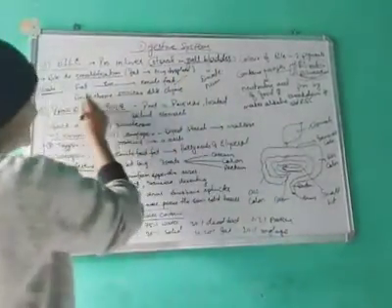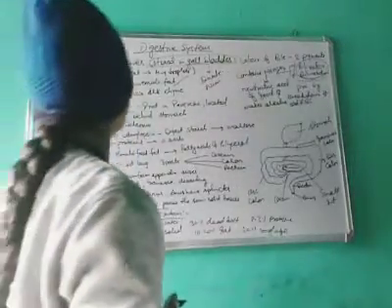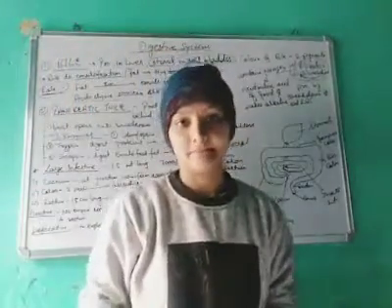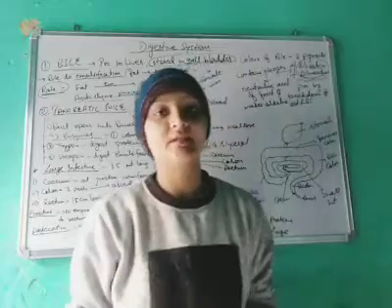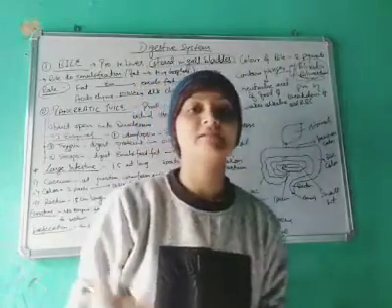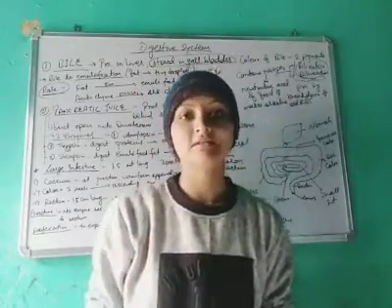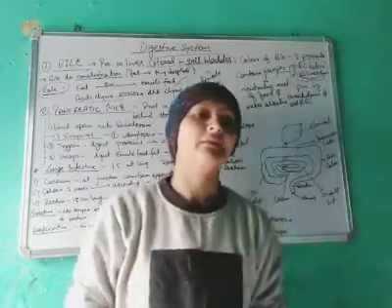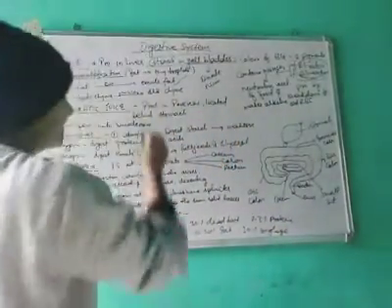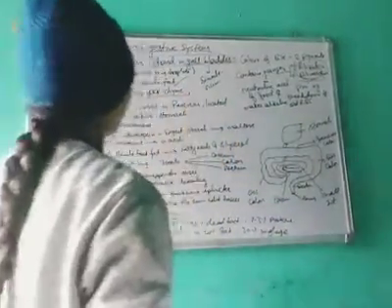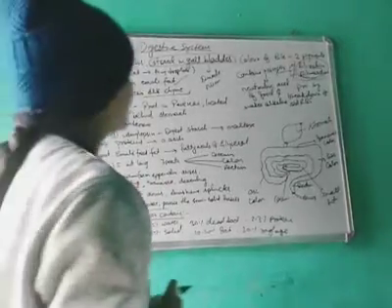Another thing, it converts acidic chyme into alkaline chyme. It's very important that when the food passes into the small intestine or large intestine, it must be in an alkaline medium. So it will convert it into alkaline chyme. So this was the bile.